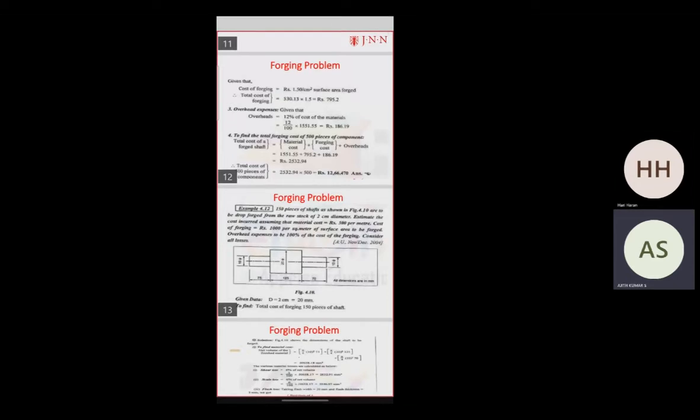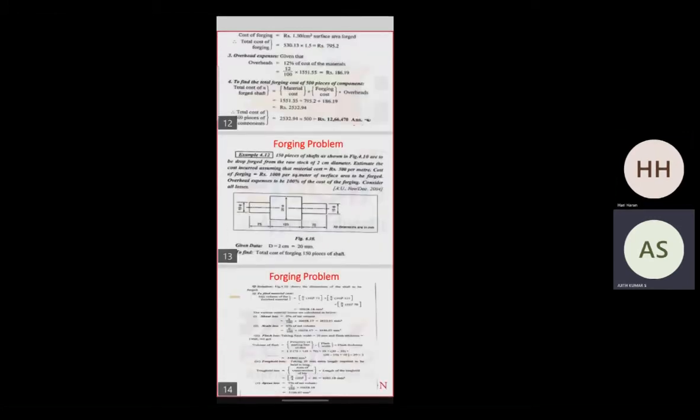Net volume is equal to pi by 4 d square into L. In this problem, you can see the first component is a cylinder, the second component is also a cylinder, and the third component is also a cylinder. So the volume of a cylinder is pi by 4 d square into length. For the first component, d is 10 and length is 75. For the second component, d is 20 and length is 125. For the third component, d is 10 and length is 70. Net volume is equal to pi by 4 10 square 75 plus pi by 4 20 square 125 plus pi by 4 10 square into 70. So we will get net volume equal to 50658.18 millimeter cube. This is the net volume of the given material.